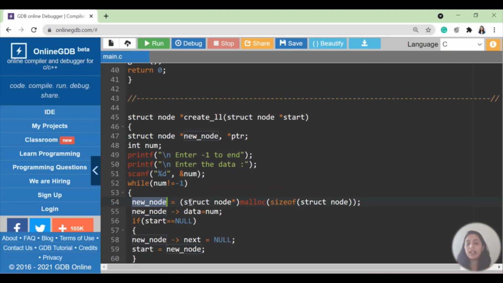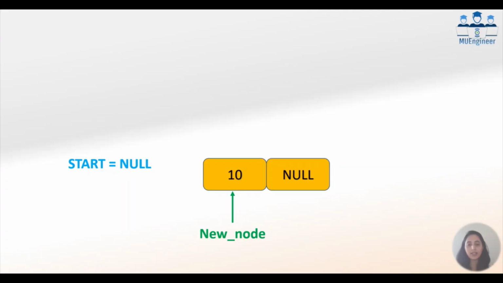So this particular line will allocate memory using malloc. Memory allocation will be done for the type struct node. It checks the size of struct node, and that size is allocated using the malloc function. So this complete line allocates one box for you, which you can use as a node, and that node we have named new node. Now I have a box ready with me that is called new node.